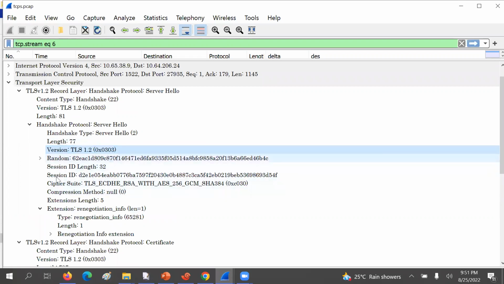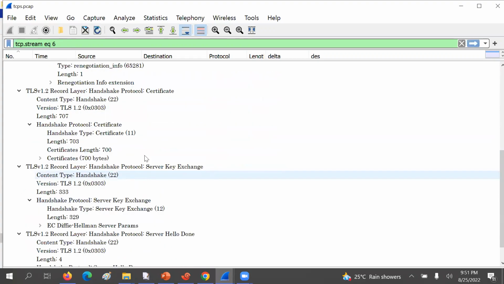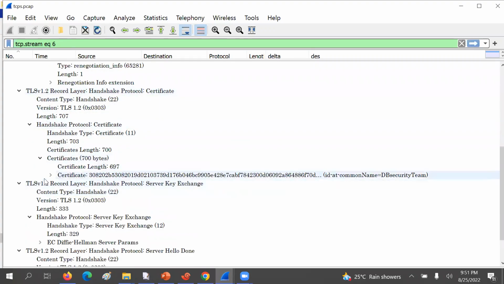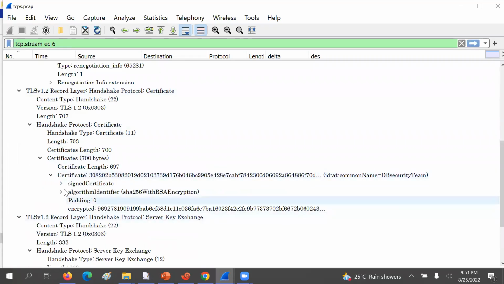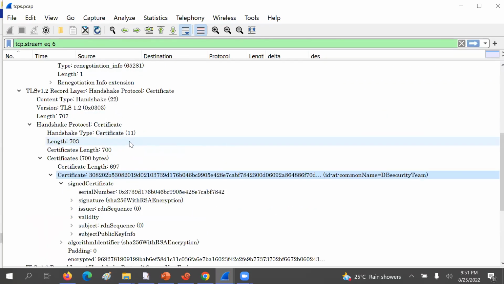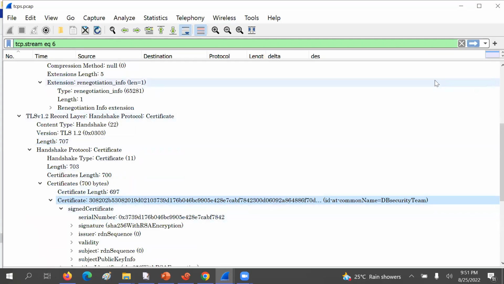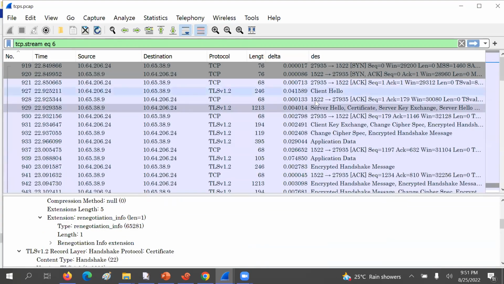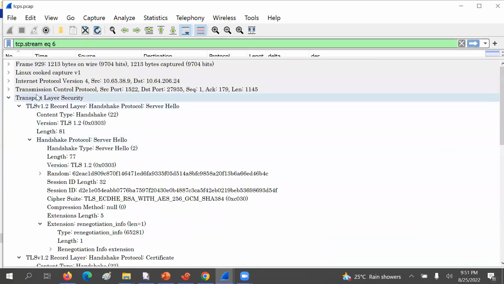So in the server hello packet, you could see what cipher it has picked up. And also there is a column called handshake protocol certificate. In this certificate, you can see what certificate is coming from the database server. And if it is a database server, you can see in the server hello packet what certificate it is sending. So for the server hello packet, you need to just go to the last layer, transport layer security,